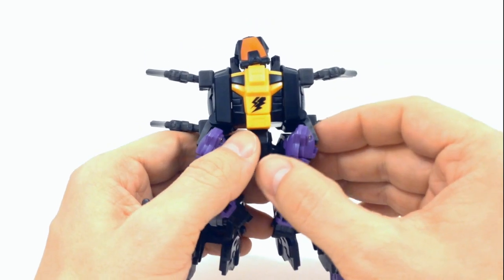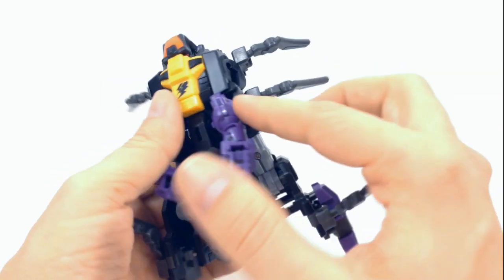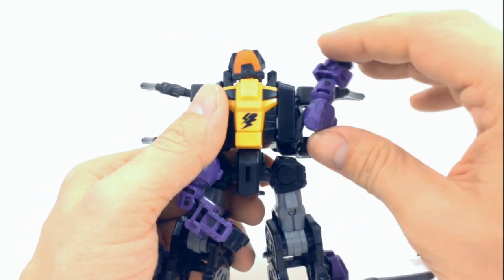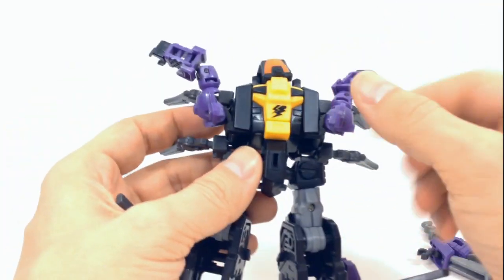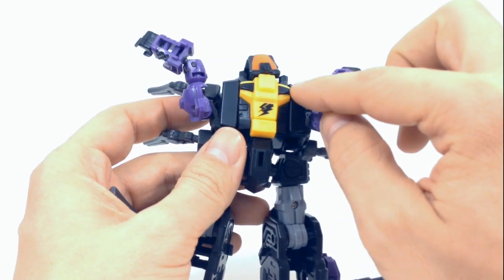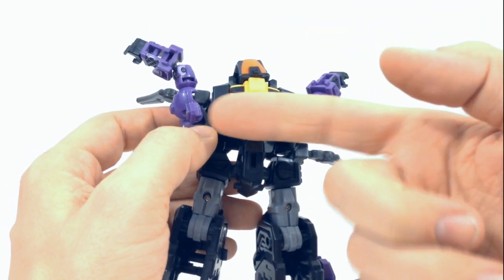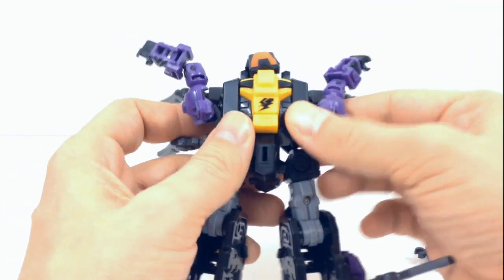Alright, and to transform the arm up, what we're going to do is there's a hinge right here. Just hinge that up like that and just rotate it up. And we'll go ahead and do that for this side too. And then this piece right here and this piece are connected, I guess, through a post through the body. So what you want to do is just